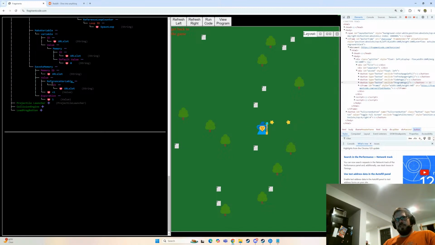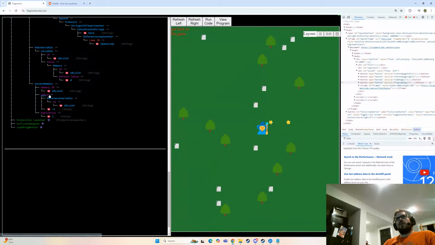Okay, so took that, added 1 to it. Okay, and then it's saving it to the memory. So now when it saved that to the memory, this program needs to inherit that. And so basically at the beginning of the program, it needs to check and see what the new slot is. And it's going to say, this is my ID. And then once it knows its ID, then it can say,